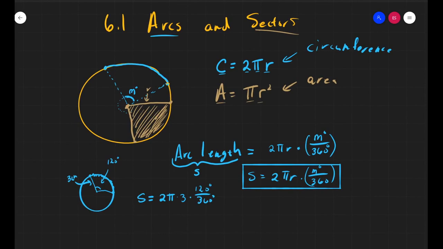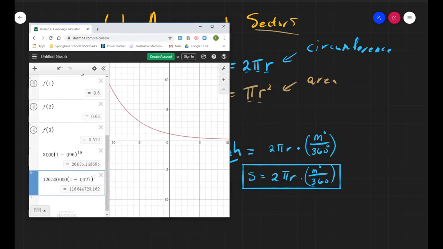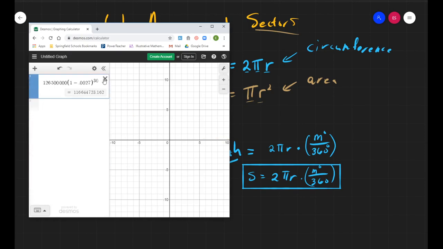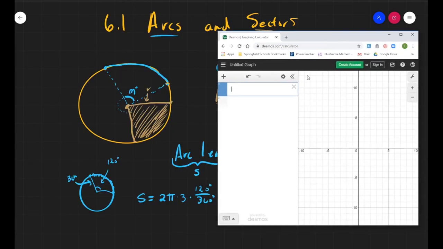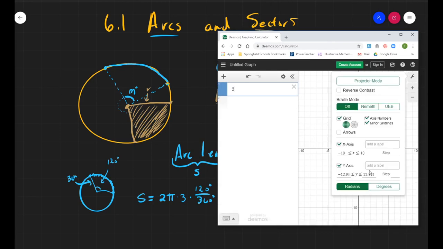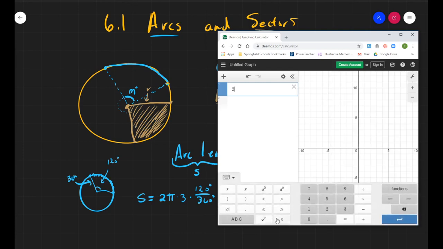All I have to do is find the calculator. All right, so I'm going to go ahead and just clear all these out, so it's not overloaded with stuff. And then we're going to plug in the equation that we found. So 2, and then if I want pi, again, I can go down here. Let's make sure I'm in degree mode, because I'm using degrees. There's pi, 2 pi times r, which is 3. So 2 pi times 3